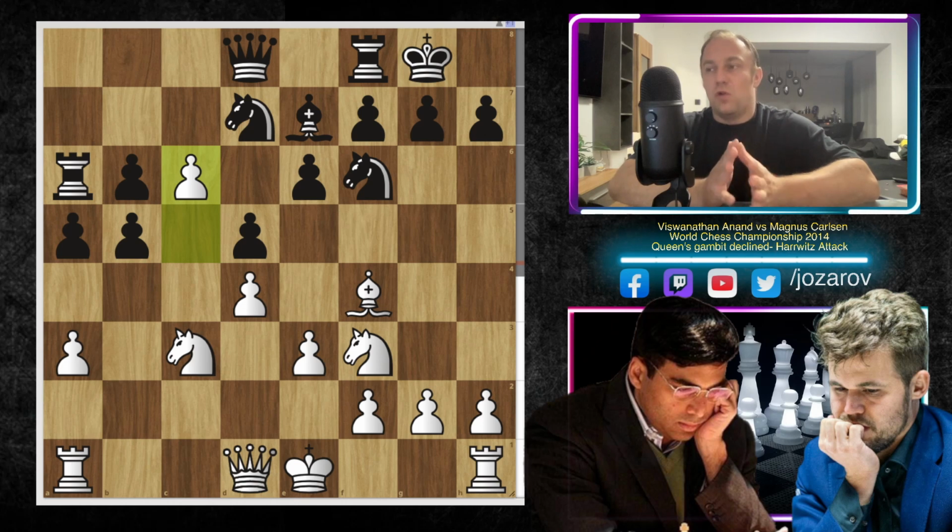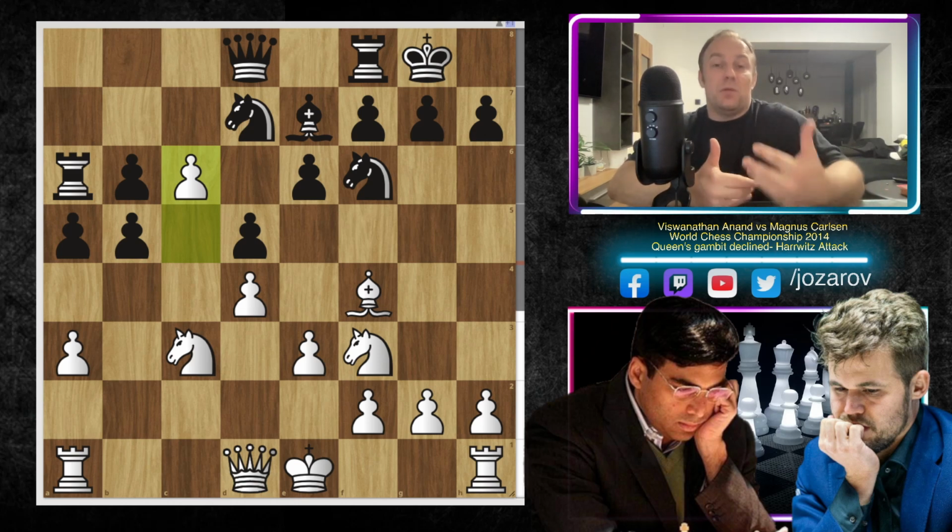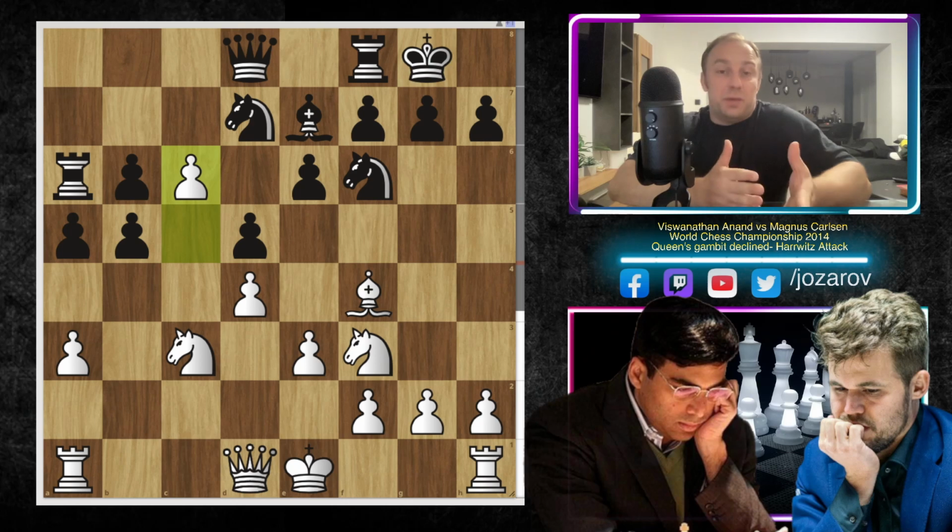We'll be analyzing more and more different ideas for white and for black, because there are also many games that were won by black. So as I said, it's simply something worth studying from both sides, because you can play the Harrwitz attack, but you can also play against the Harrwitz attack, because it's a beautiful chess opening. So okay, I hope that you enjoyed this game. I really enjoyed it a lot. Brilliant game by the legendary Vishy Anand.